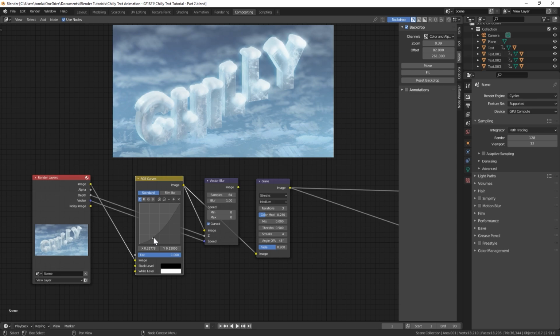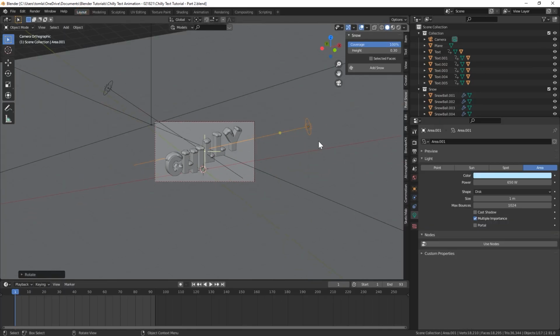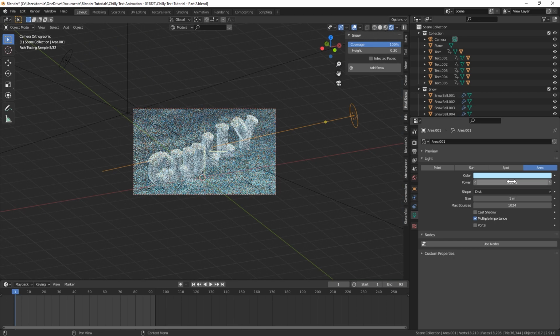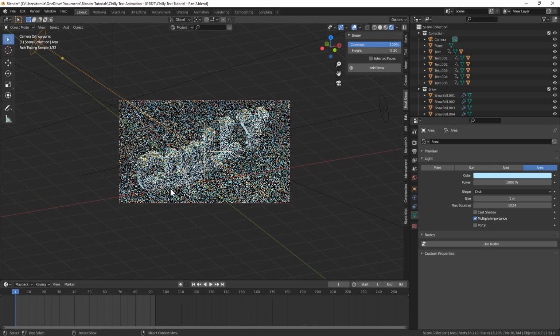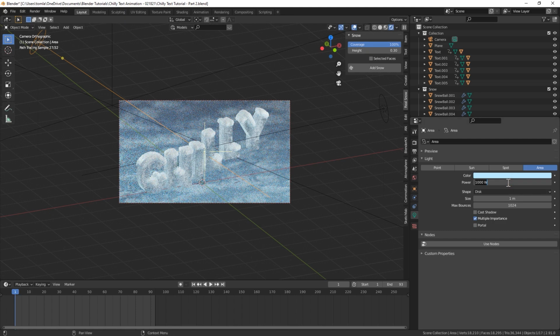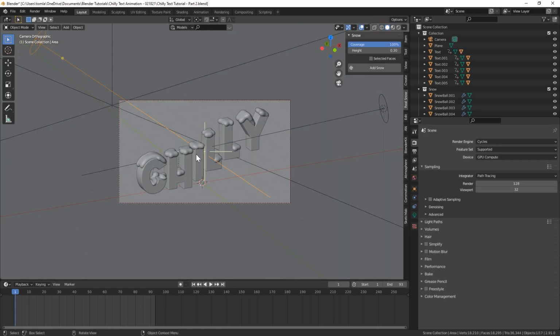I'm going to start over with the curves node and just turn it down overall, and that is looking okay. I do think it's a little blown out, so I would say maybe turn this front light down a bit more, bring it down to like 500, maybe even 350. We just want a little bit of front light so we get some specular and reflections on that. The back one I think is doing okay. We could turn it down to like 850, but I do think this one is still not blowing it out too much. So I'm going to render this out real quick, and let's take a look at that.